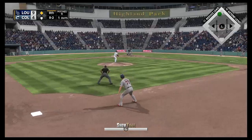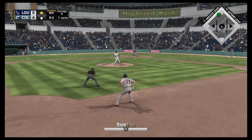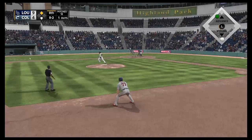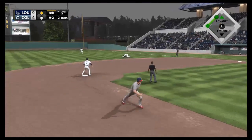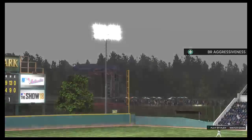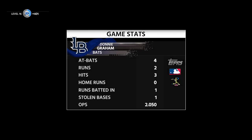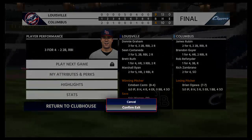Ready to take his hacks again, Marshall Ryan, as he'll look to follow up the two-run homer he launched over the wall last time up. Hit the other way out toward right field. Dives, and he hangs on for the out. Wow! Throw back to second, and that's it. And this ball game ends at a 9-4 final score. Louisville used a nice...